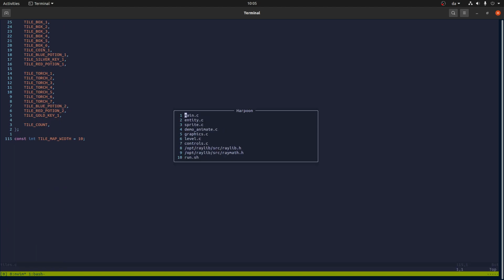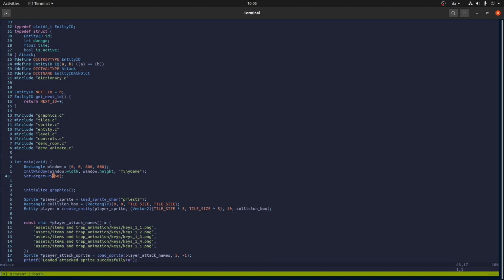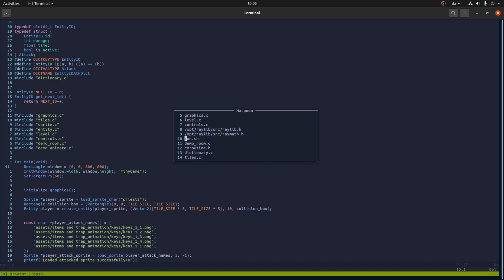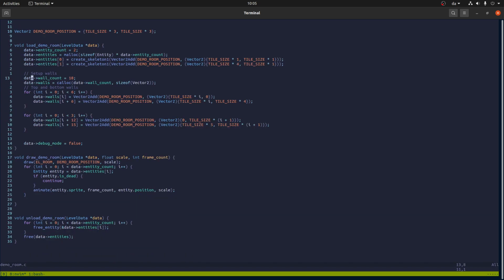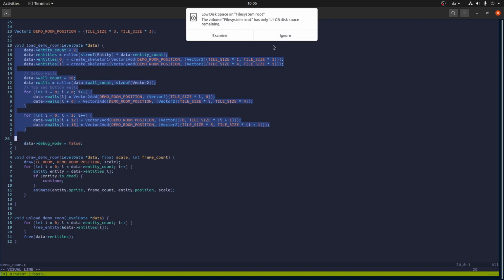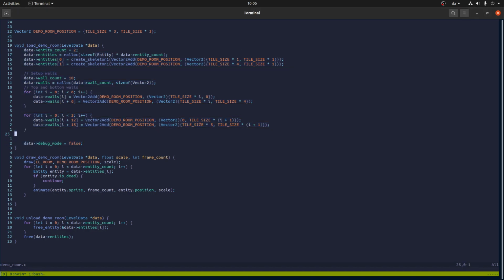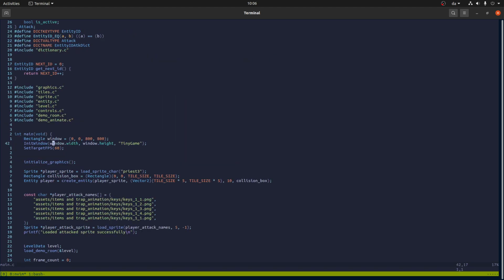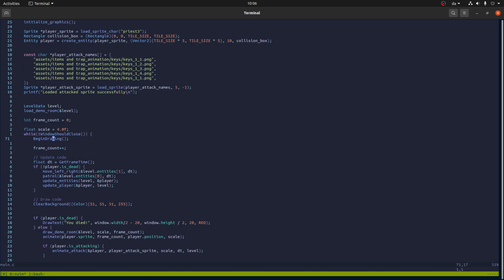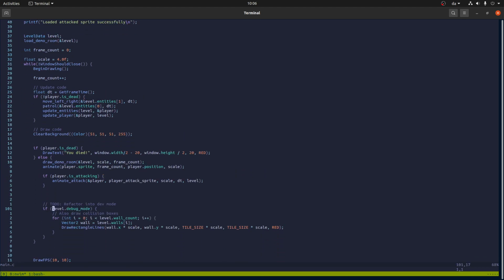And what I want to do now is to make a level editor, because setting up levels in this way is a bit annoying and tedious. So we should make a level editor. And the first thing I think is to take this code